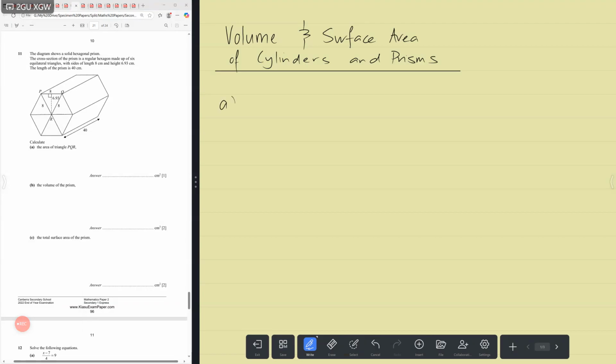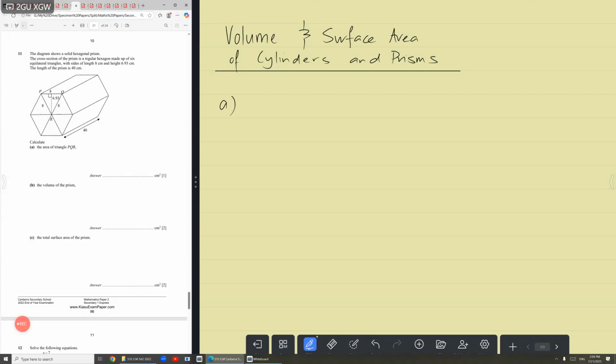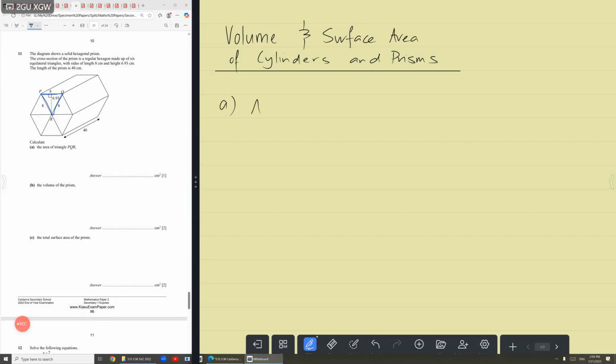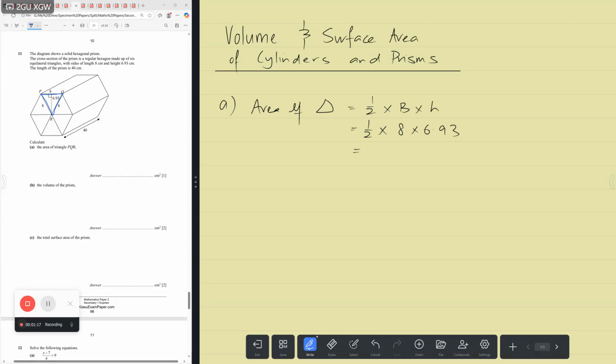Okay, so for part A, they ask you to find the area of triangle PQR, and triangle PQR is basically this PQR here, the blue color triangle. And as we already know, area of triangle equals half times base times height. A base and height must be perpendicular to one another, and they are given as well, which is 8 and 6.93. Therefore, we just substitute those values, half times 8 times 6.93 cm, and what you get is equals to